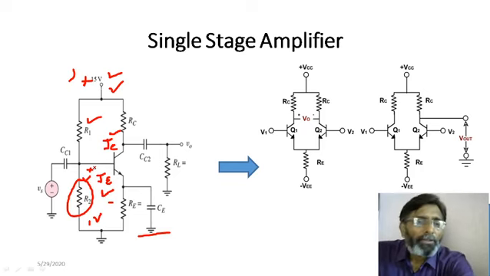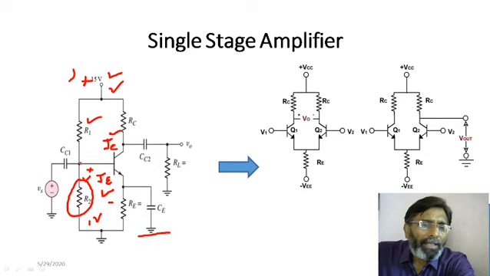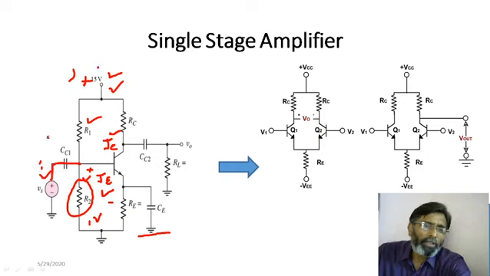Now, in this amplifier, this bias is known as voltage divider bias. If you are using voltage divider bias, then you can't directly connect this input signal which you want to amplify. This is the input signal which you want to amplify. You can't directly connect it, because if you connect directly, then this source and this source will be directly connected with each other, and these two sources will get loaded, because for a voltage source we know that internal resistance is very low. For an ideal voltage source it is 0.